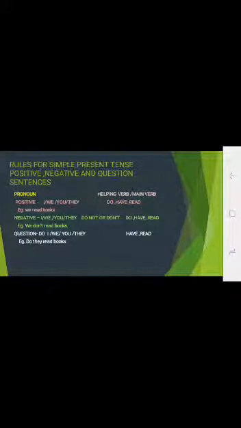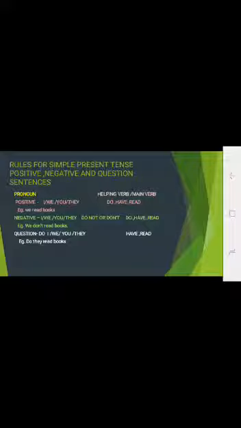Before we understand what is simple present tense, let us understand the rules. When we have to frame a sentence in positive, negative and question, what rules should we follow? So I am using functional grammar, not theoretical grammar, to make the concept very easy to understand. According to functional grammar, there are 7 main pronouns which I have taken. If I have to make a positive sentence, the first pronouns are I, we, you, they. With I, we, you, they, the helping verb or main verb is do, have and read. For example, we read books.